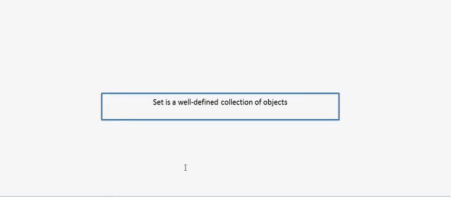So first, the basic things about sets. There is a very brief definition of sets: it's a collection of well-defined objects.